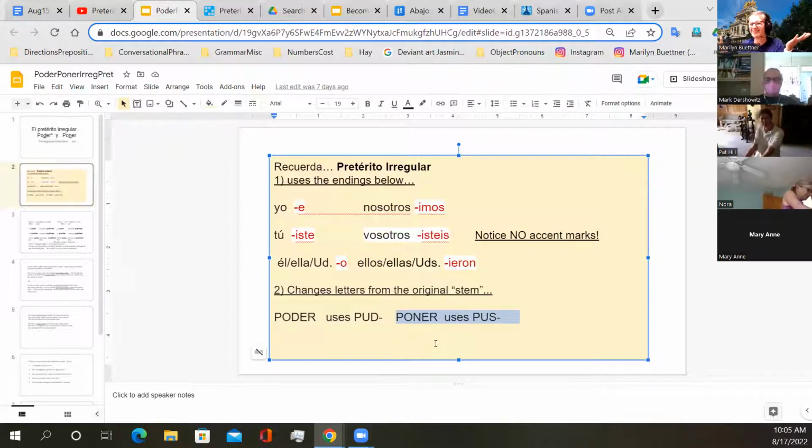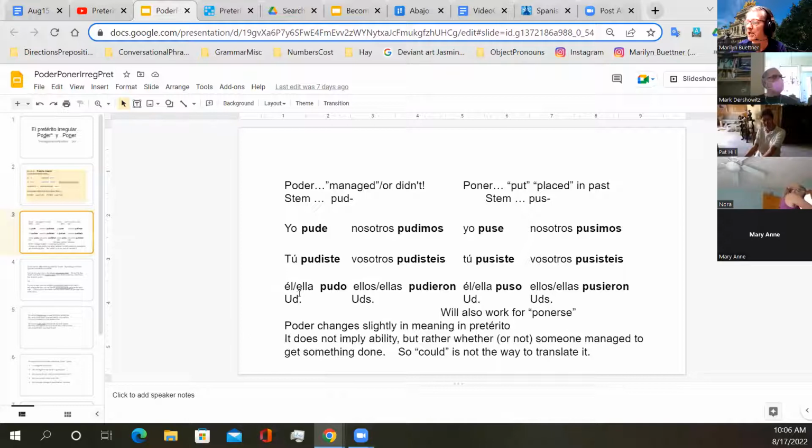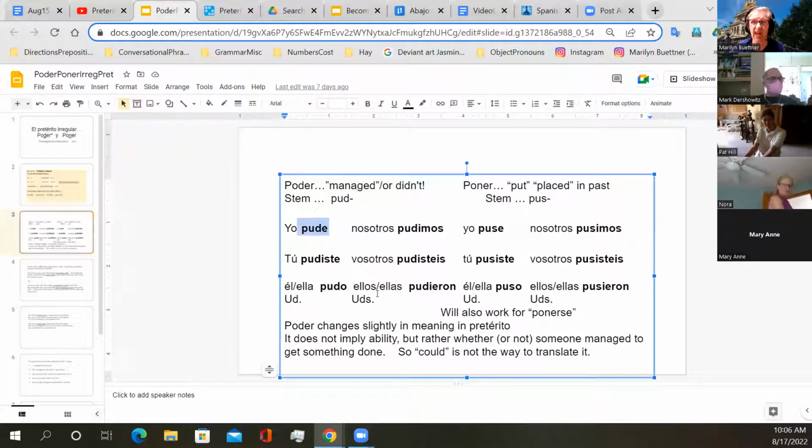And it switches it to an S, which sounds totally weird because there's no S in poner, but there you go. So meaning wise, poner is just put, right? We don't say puted in English, but it's just put in the past. But this poder thing is going to have a specific meaning change when we use it in this oddball irregular form. So here again is what these will look like and sound like. Let's look just at the form. So we've got pude,